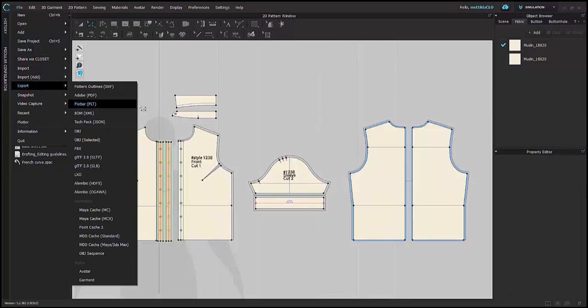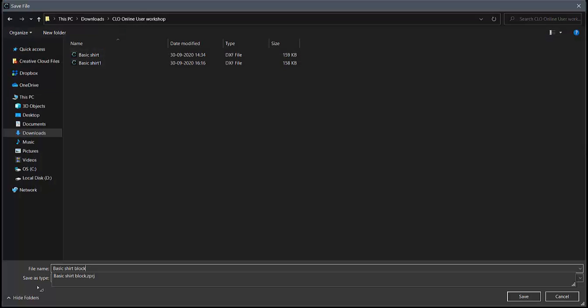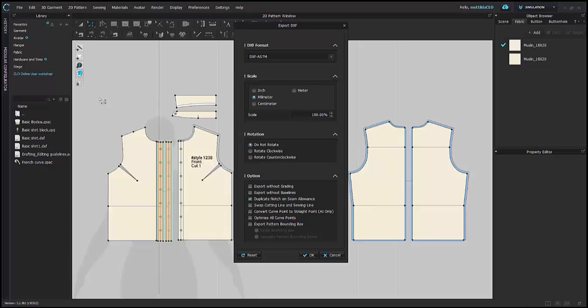Let me also show you how you can export it directly as a DXF. From file, you can export DXF patterns. You just have to choose the path where you want to save it and then give the save option. After you click save, you have the export options where you can decide the scale in which you want to export it out, if you want to rotate the patterns when you export it, and you have different options like